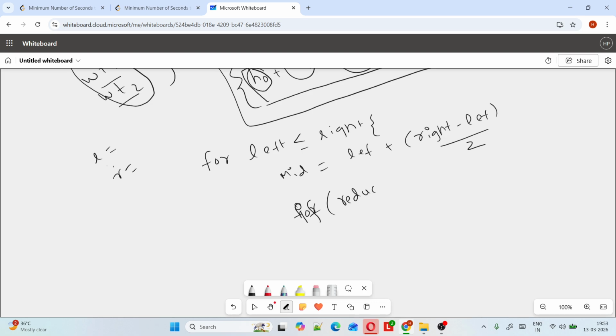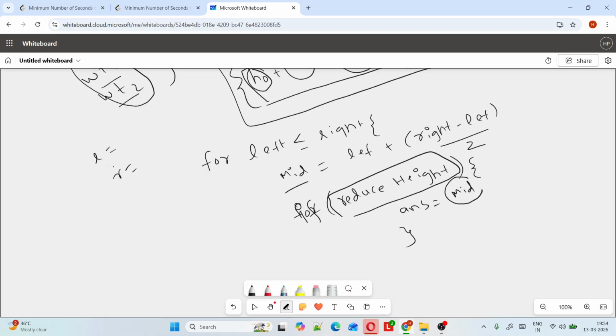reduce. This is a function. Okay. With this mid, second, I will tell what you have to write in this function. Can reduce, then answer will be mid, and if it can be, okay, if the answer is mid,